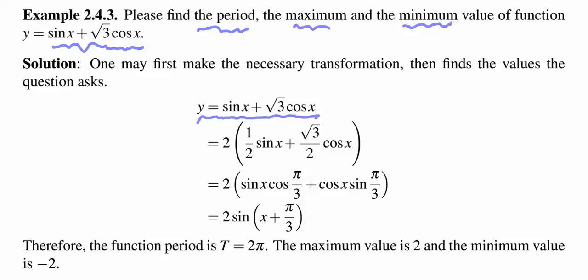We eventually will get an equivalent expression like this. Instead of working from the top to the bottom, let's this time work from the bottom to the top. We know here is 2 times sine of x plus another angle, pi over 3. Then by the sum formula of sine, we have